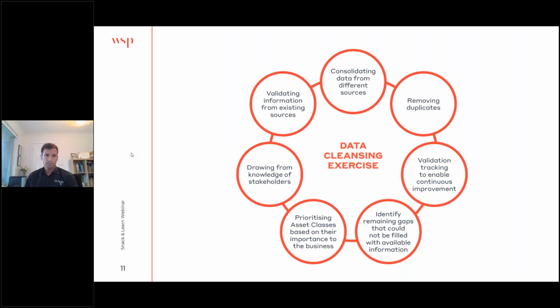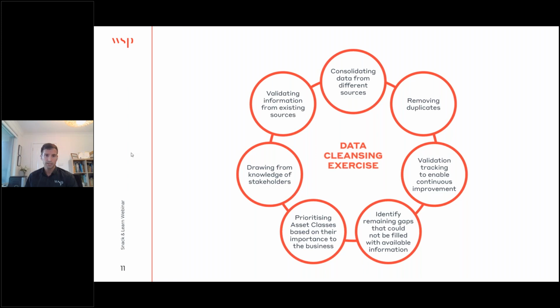But this type of data uplift program is not meant to be a single project. It's a continual cycle of improving the quality of your asset information. We made sure to reflect this in the system by having a validation tracking field that indicated how accurate the asset data was. The intention was that with the continual revisiting of these assets, this validation tracking field would be updated to eventually provide the most up-to-date and accurate version of the asset information.